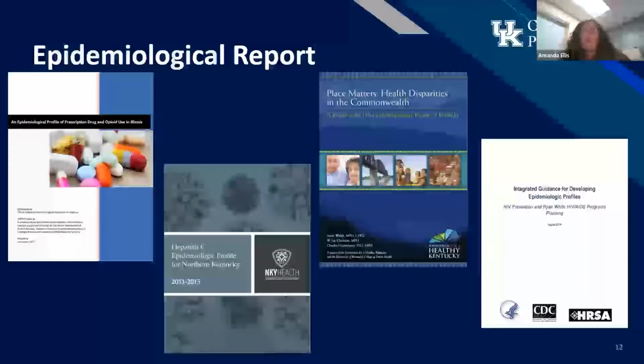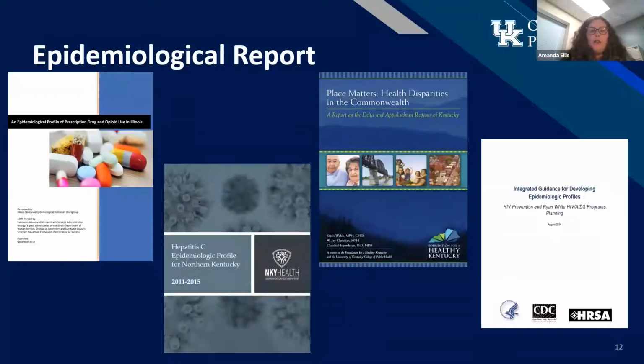So again, listening to what our partners at the public health department said, what I decided to do was to build this course around the idea of what they were calling an epidemiological report. And so this is a type of report that might come out of a public health department, usually summarizing some type of data. These are usually pretty colorful reports. They are primarily descriptive, although some of them do have confidence intervals in them. So for example, that one that you see there, Place Matters, health disparities in the Commonwealth, that one does do some inference in it, reports confidence intervals. But this was a very real thing that I could see students creating once they were outside of the classroom.